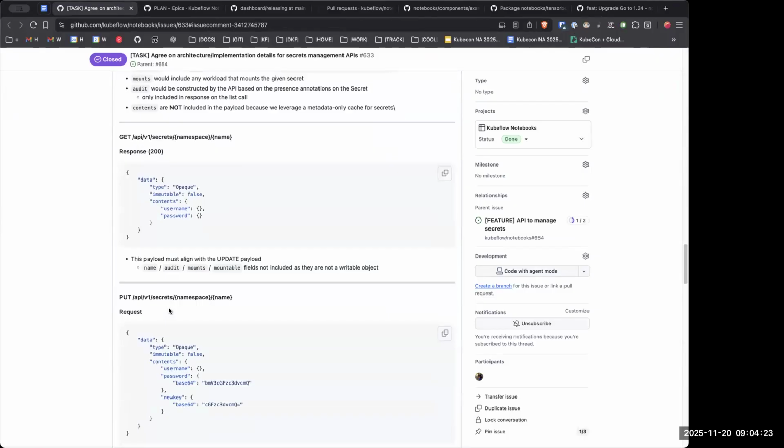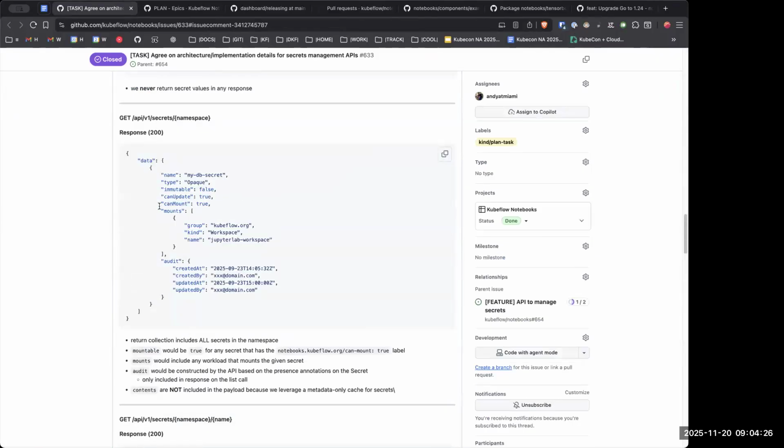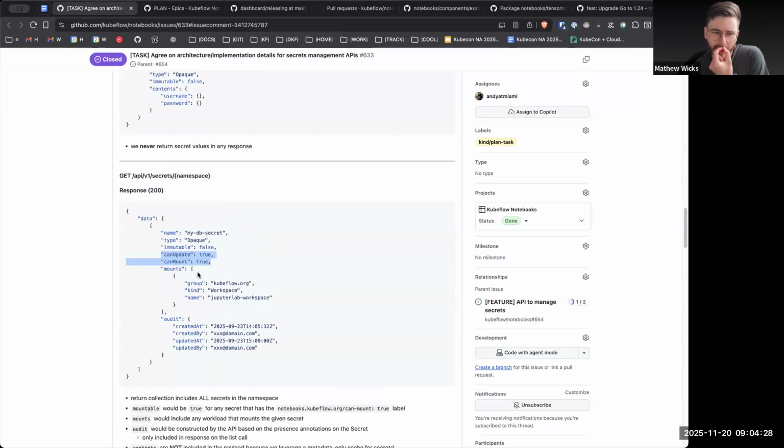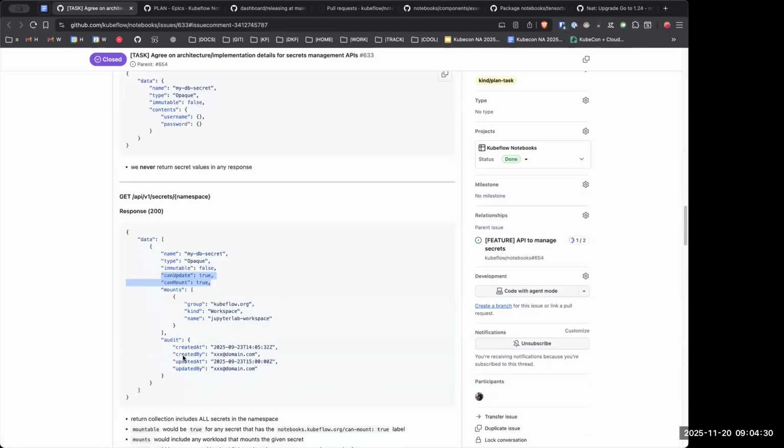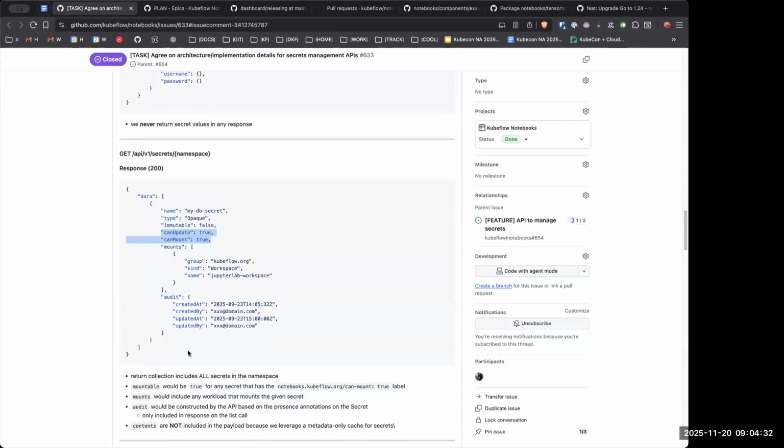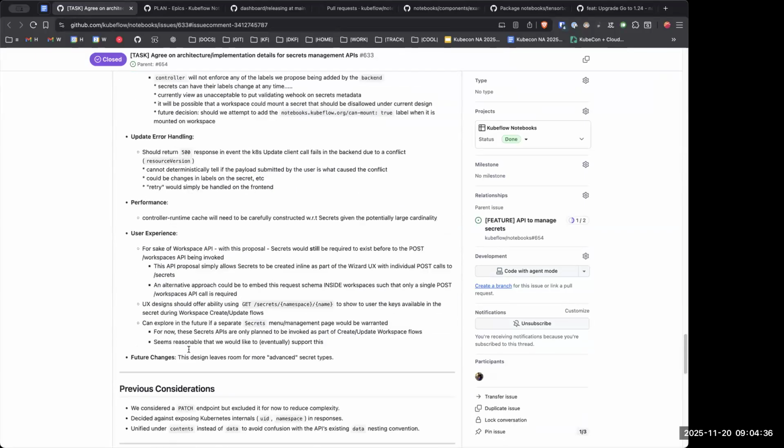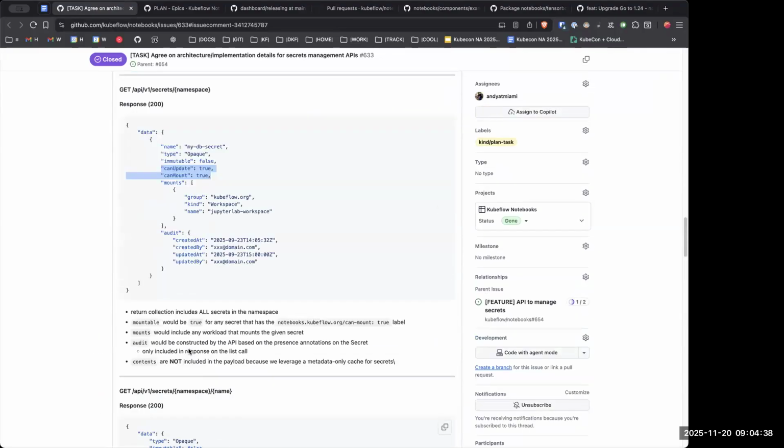Oh yeah. And then how are you deciding to handle these? I don't know if these were the finalized ones. Oh, we were gonna discuss this today. I was talking with Jenny on how to handle the can update, can mount, and immutable.